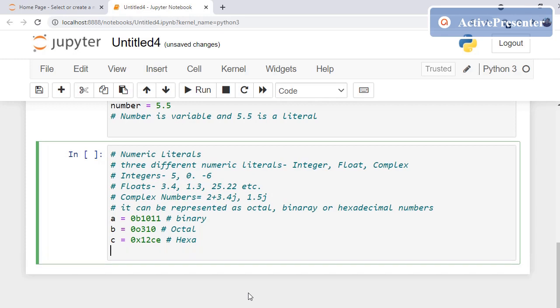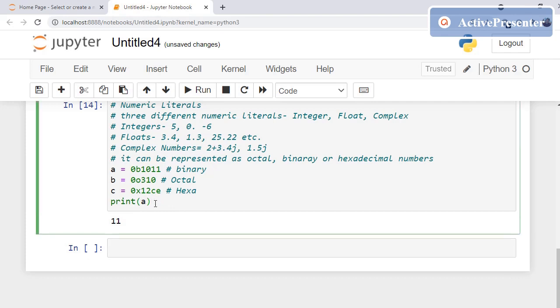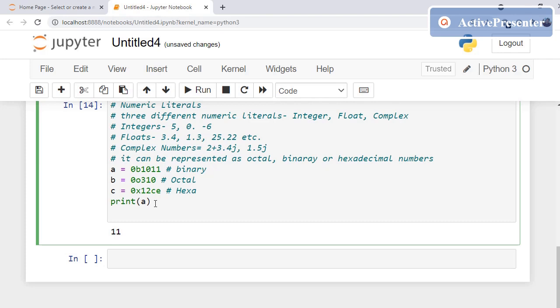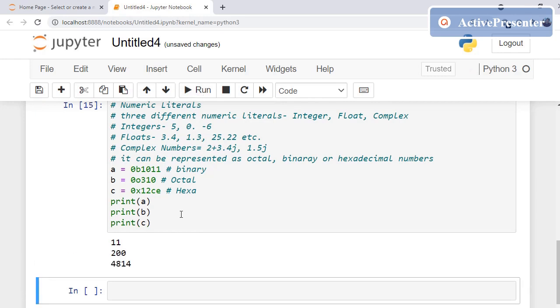So let us just check that if I print a, then what it is giving me. It is giving me the equivalent decimal. Okay, so if I print b and I'll print c, let us see what values it is giving. It is giving me equivalent decimal numbers.